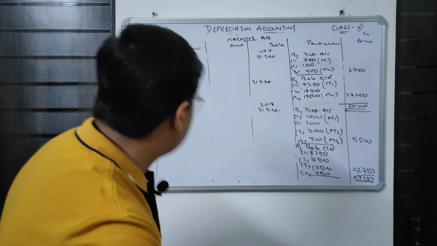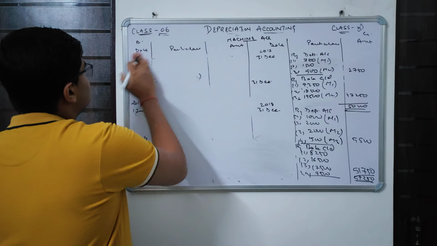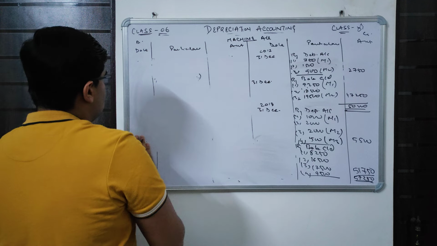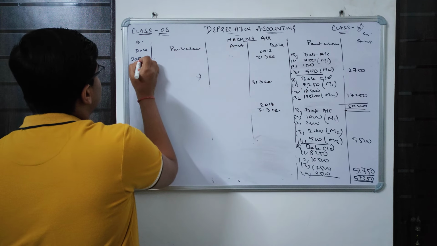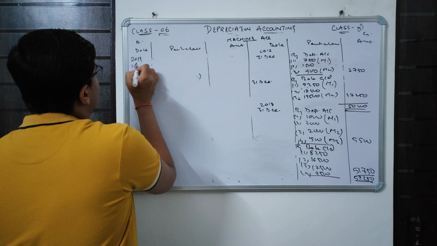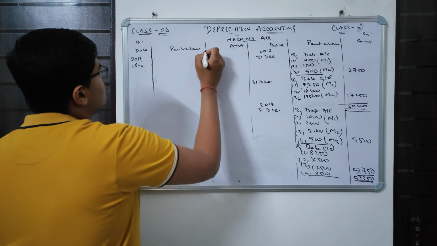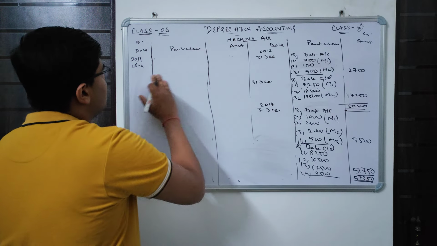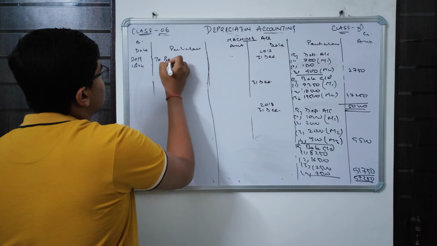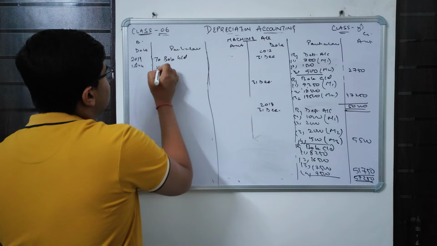So I am carrying the balance, that is 2019, 2019, 1st of January. So on 1st of January, we will write "To balance brought down." So the balance brought down will be